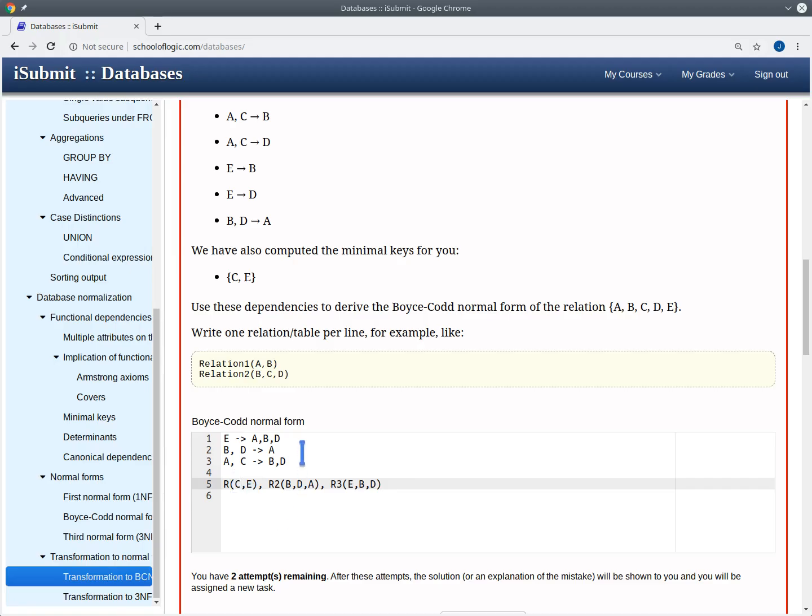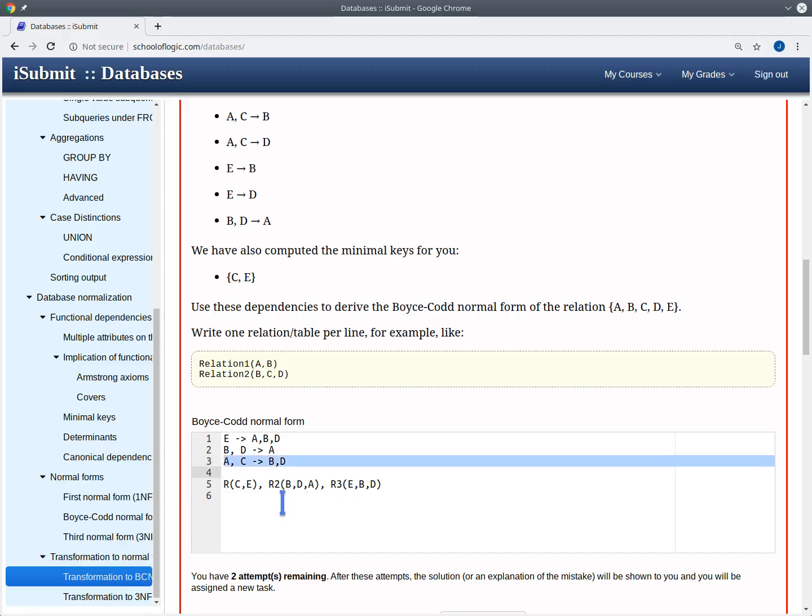Okay. Now let's continue. Let's check, does this functional dependency violate this relation, the normal form? No, E does not appear here, so the left-hand side does not appear. This is the table that we've just created, so this should not be violated. Let's check. The left-hand side appears, but also the left-hand side is the key of this table. E uniquely determines both B and D. So that's fine. So what remains is to check this functional